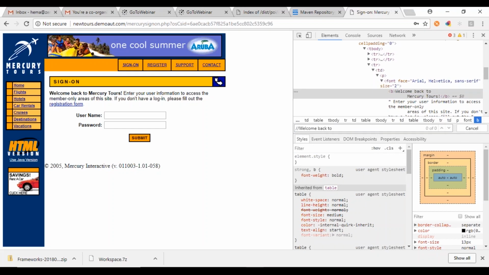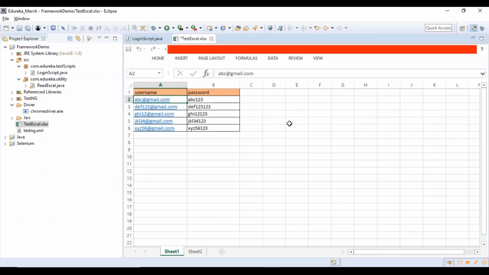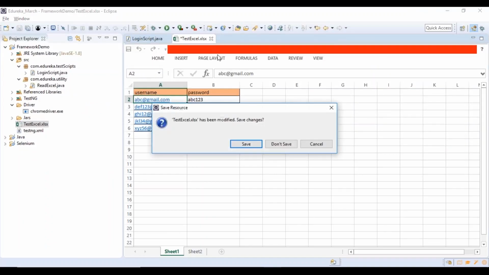So what it is, your B. Let me use the contains function. Contains text, comma, and this is the value that I'm going to give. So here I have captured it successfully. Let me take this up now. Let me close this.